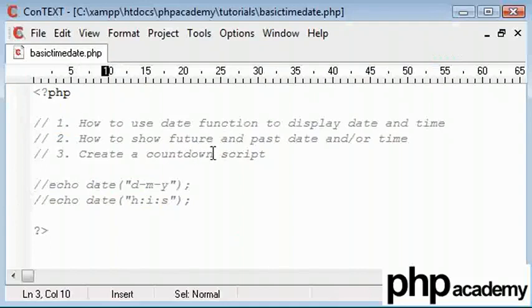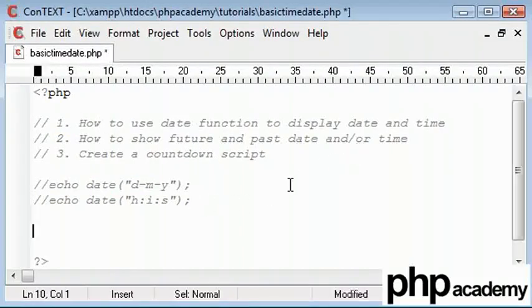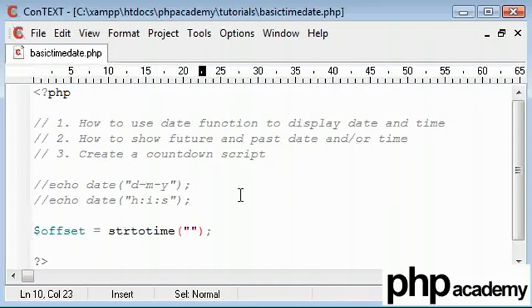Now the second point is how to show a future and past date and or time. Now the way to do that is to create an offset value, and this is using the function strtotime. Now strtotime does exactly what it says on the tin. It converts a string to the time. Now this can be plus, say, 2 weeks, it could be minus 2 weeks, it could be plus 2 hours,